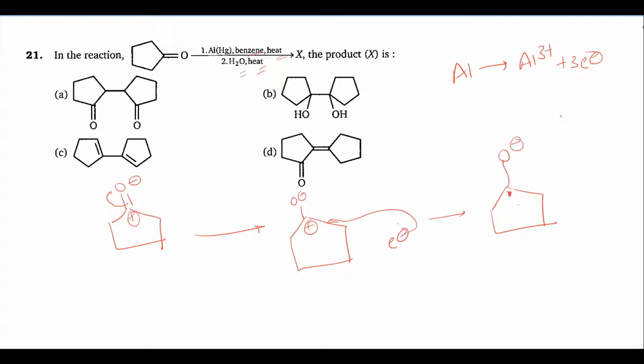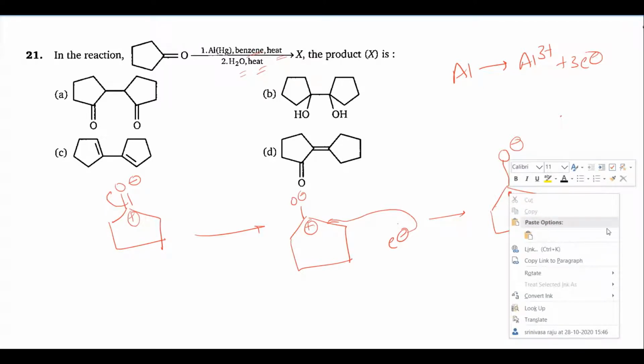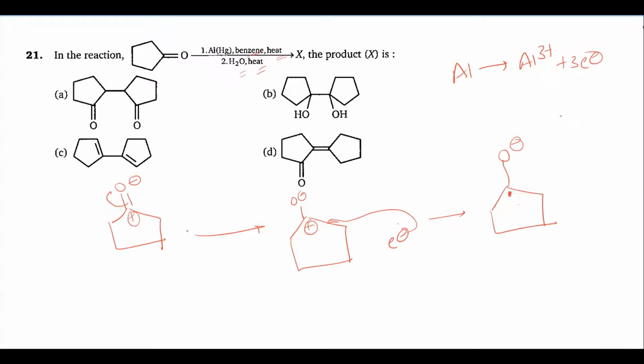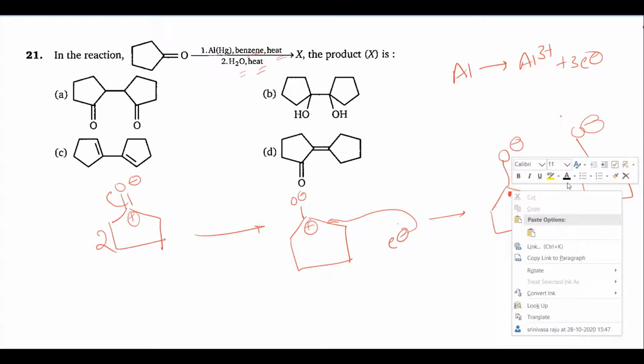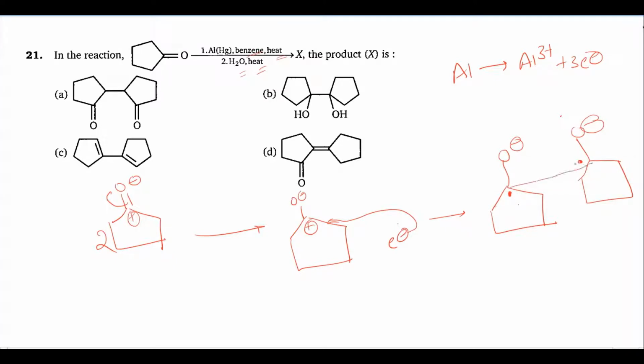This is radical forming. So this is for how many moles? One mole. Here you have to take 2 moles. So the second mole also, same thing, it is attaching like this. So here a radical is going to form. As you observe here, this radical and this radical make one bond. After that, if you do hydrolysis, hydrolysis means one H is added here, another H is added here. So this is called a coupling reaction.